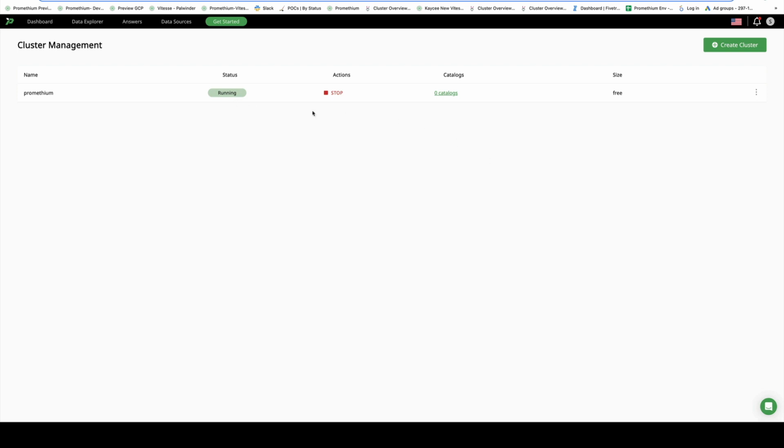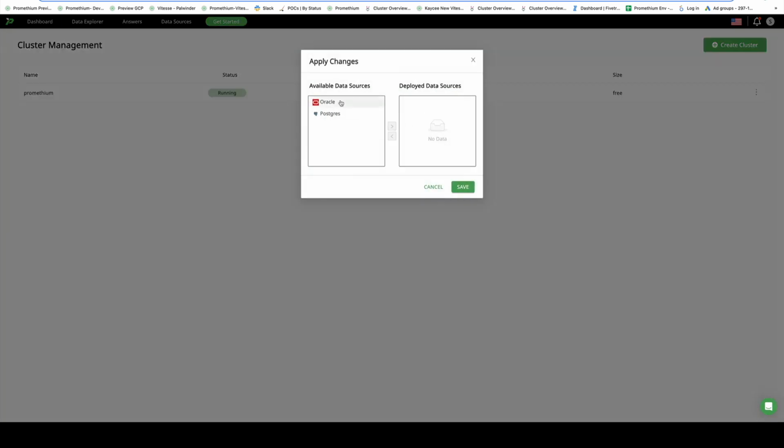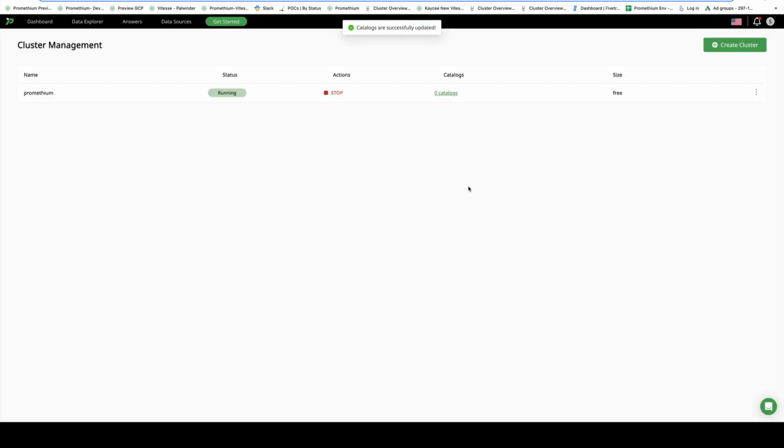Now you see it's starting to run, but it has no catalogs. Catalog is the Presto term for the data sources you add to it. So we just have to add the data sources; the available catalogs happen to be these two. Once we add them, it registers the data sources with Presto, so Presto knows these are two data sources it can query. And because of the virtualization layer, Presto can now query by combining these two data sources. So in a few minutes, I've got a Presto cluster up and running.